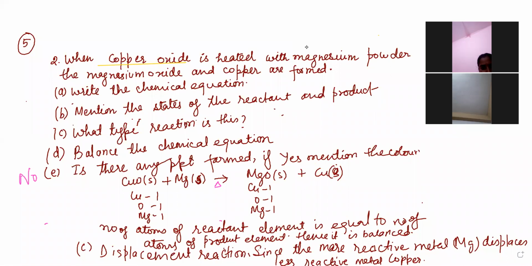So first what you have to do, you have to write copper oxide. Listen to me. So you have written copper oxide. Then magnesium is heated. Now you know that copper oxide is a solid state. Now magnesium is also solid. Now no aqueous solution because they have not written aqueous solution, because the moment it will be aqueous, it will not be copper oxide.